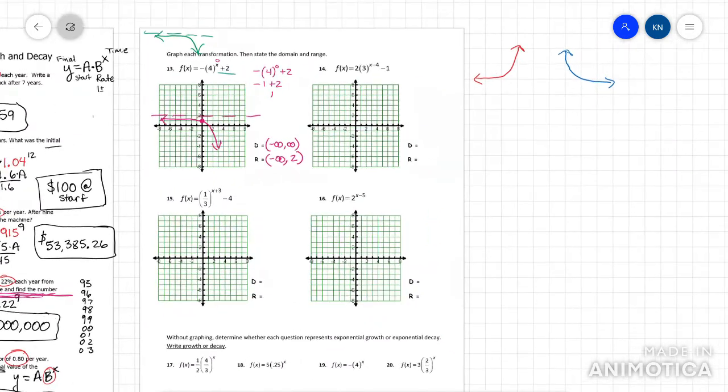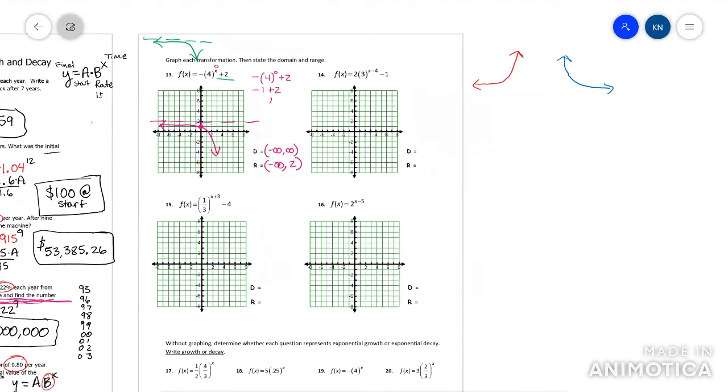All right, this next one, it's just a normal exponential growth function. So it looks like red. And I'm going to go ahead and get my asymptote, which is at this -1. There's your asymptote right there. And so you know it's going to take the shape of red. Now you just got to go get the y-intercept. So that's like 2 times 3 to the 0 minus 4 is -4 minus 1. So that's 2 times 3 to the -4 is 1/81. So you get 2/81 minus 1,